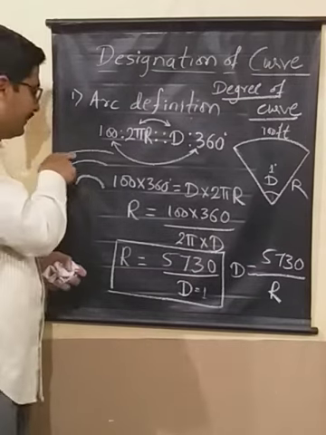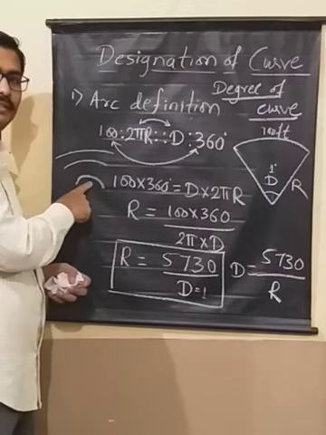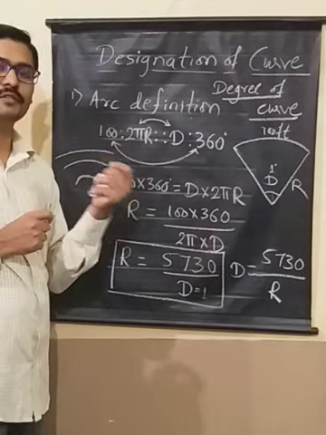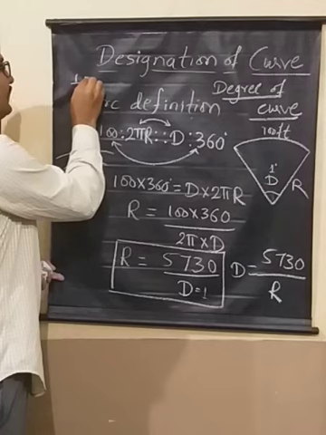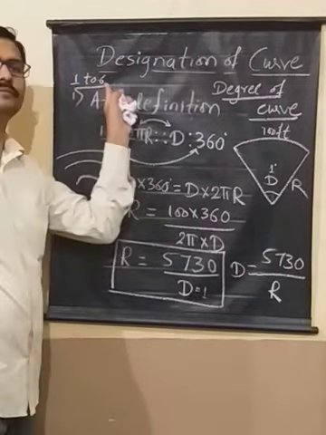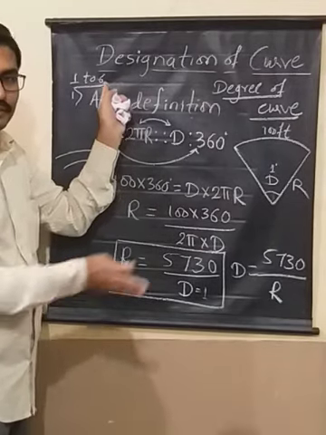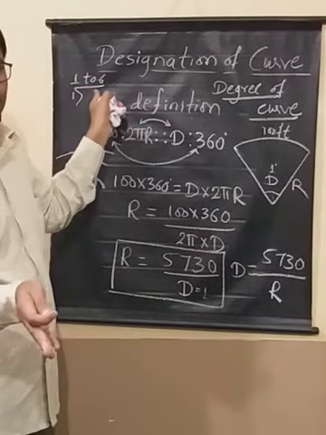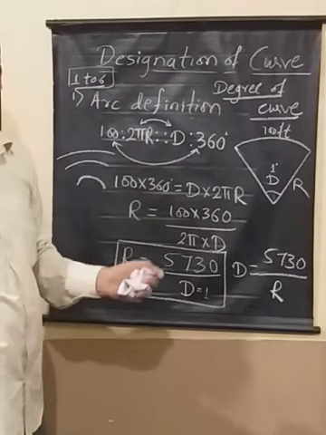So this kind of curve is more preferred in railways than this, isn't it? So that means railways will have the degree of curve well smaller, isn't it? For railways, it varies between 1 to 6, right? So you are not supposed to have any degree of curve more than 6. More than 6 means smaller radius, so it becomes very difficult for the railways to turn, right? So that is why railways will have the degree of the curve between the range 1 to 6.